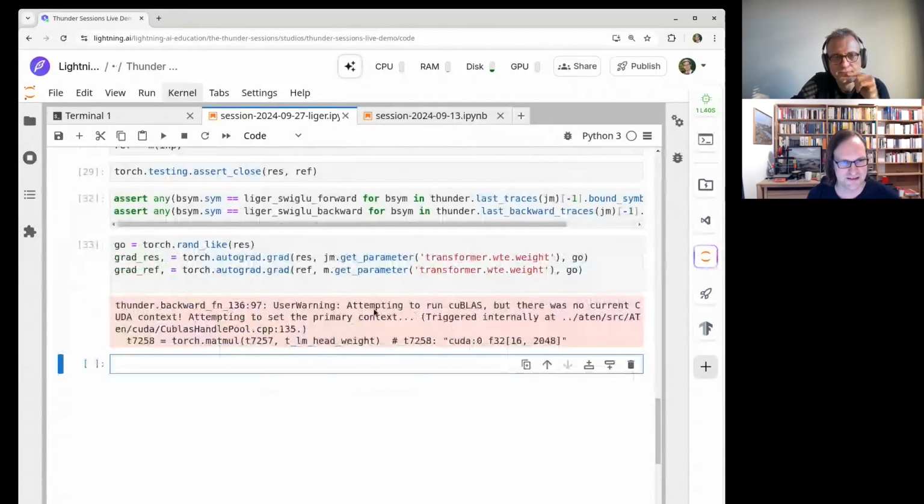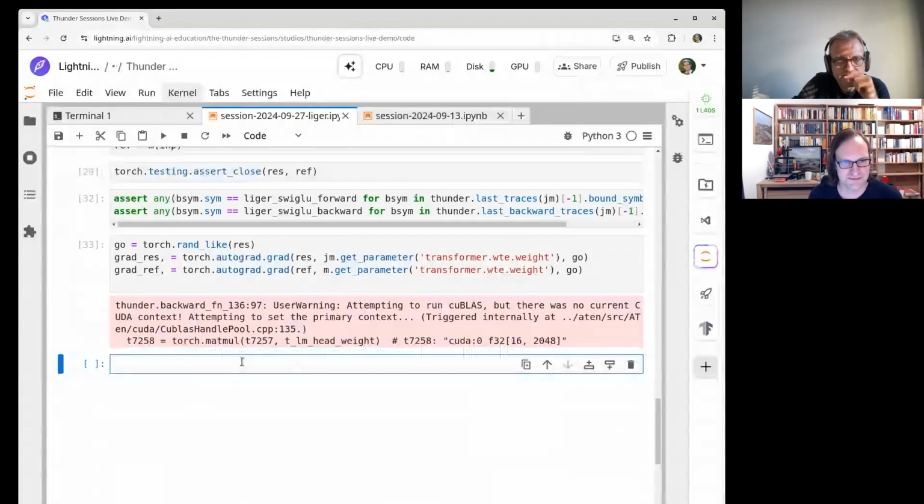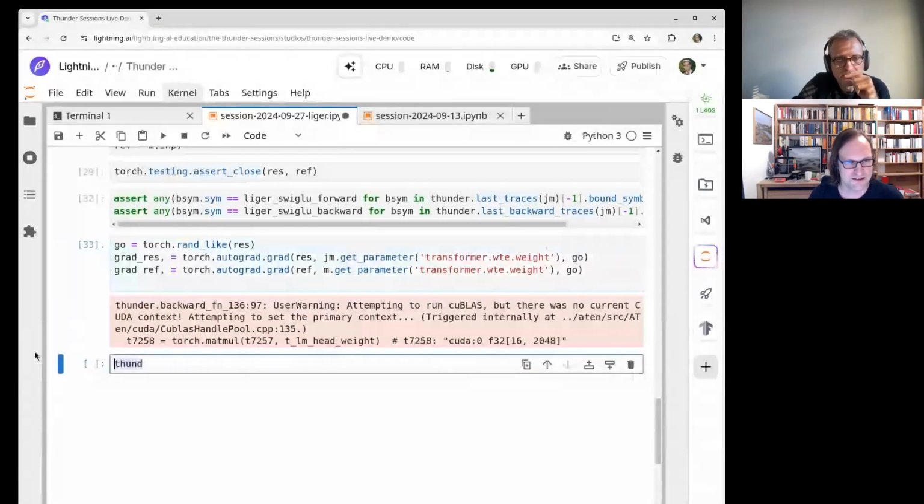Attempting to cuBLAS, but there was no current context. Oh, this is a terrible error message. But did it work nonetheless? Yeah, it's just a warning, so we might be able to ignore it.